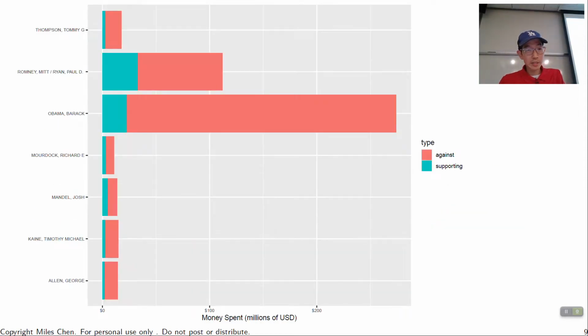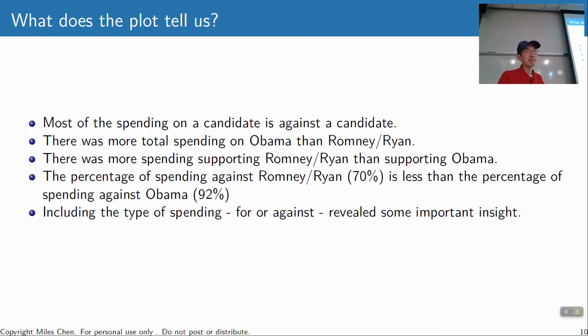And actually, in both cases, the majority of money was anti, and actually in all of these, right? So there's just a lot more negative advertising. That's just the state of